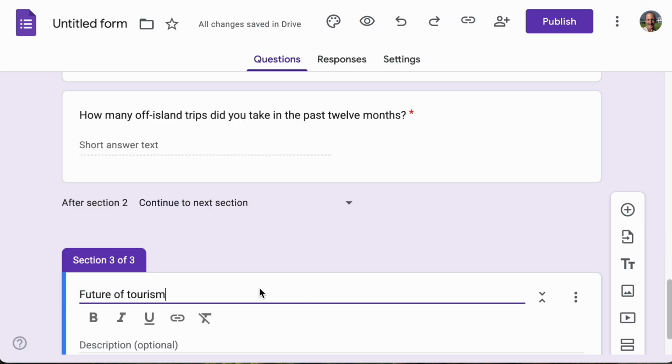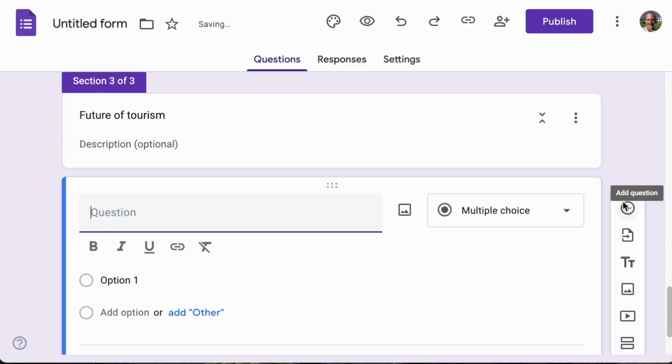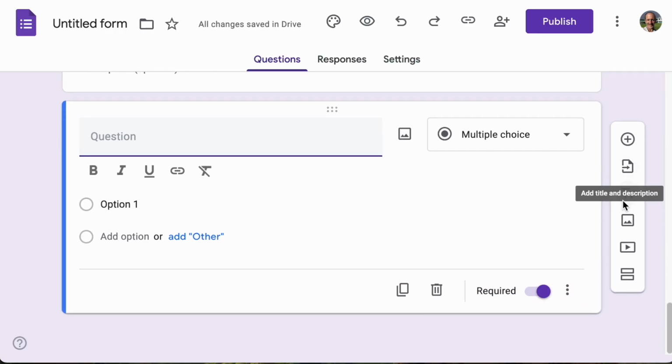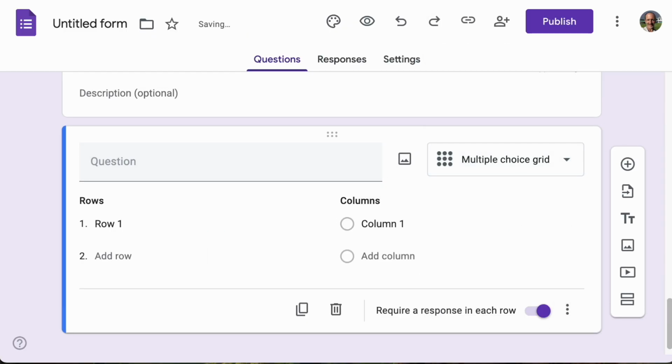Call that future of tourism. So that I can show you how a grid works here, I'm going to click on this, and I'm going to have a Likert type survey that I'm going to run. It's going to be a multiple choice grid. We use these quite a bit in surveys. And the question will be